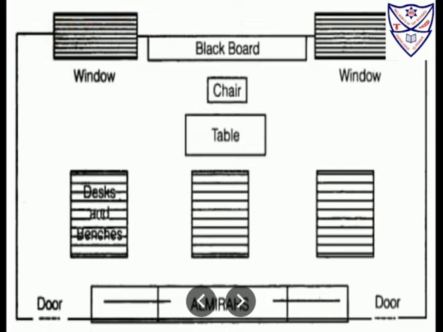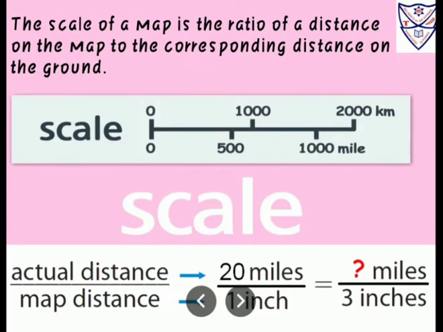See here, this is your classroom. Now where is the blackboard? It is in the north direction. Where is the table? Here in the center. These are all the desks. Your chair is there for the teacher. Your windows are there, and your doors are there. And this is the almirah, meaning you might have a cupboard in your class. So this is the structure, the map of your classroom, that you can see.